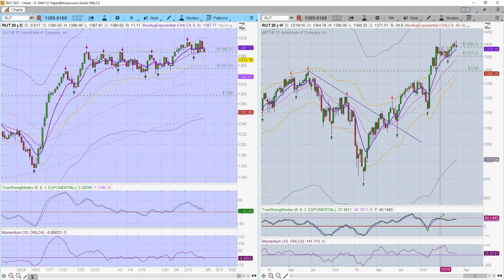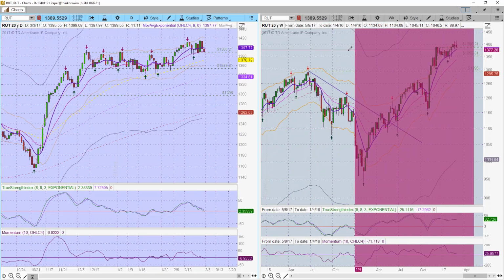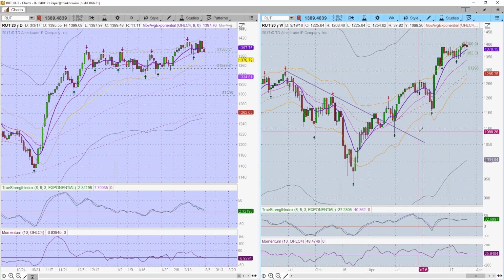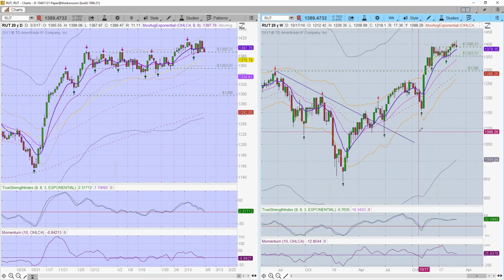As you can see, momentum on a weekly basis is lower. If we get a close today, this would be a quasi shooting star type formation. Let me go across to here, see it a little better. Quasi shooting star at the end of an uptrend, but basically you had a spinning top last week, followed by a shooting star potentially this week, which is an indication that the buyers are not necessarily jumping into this index on the small caps the way they are on the other weighted indexes. So that's what I see going on with all the indices.